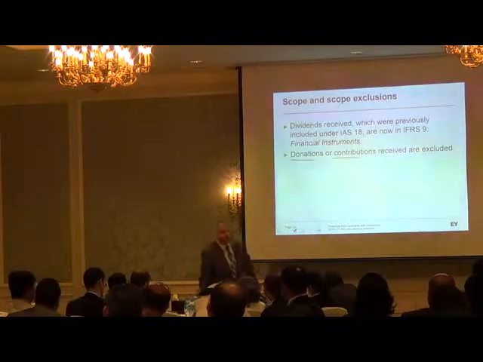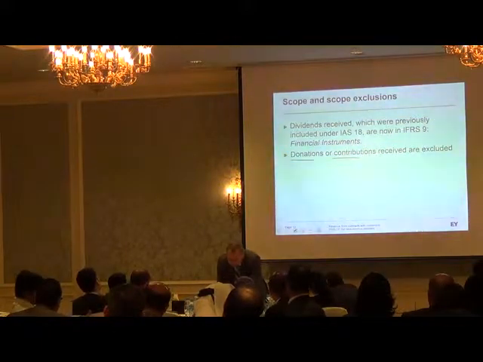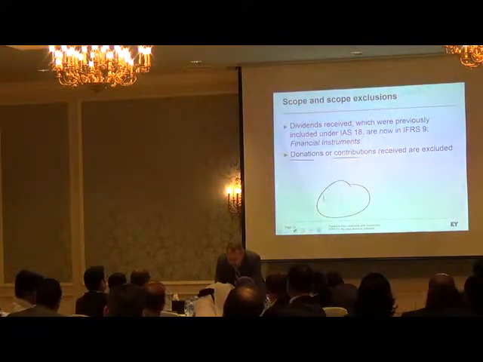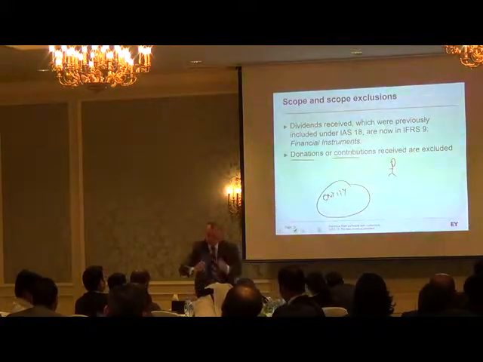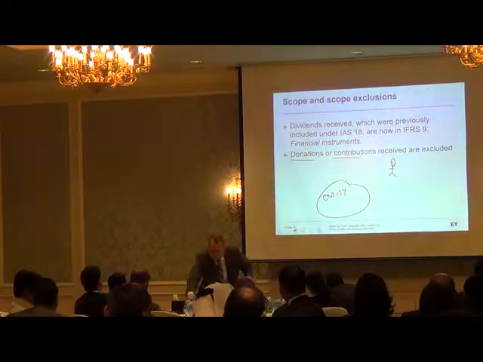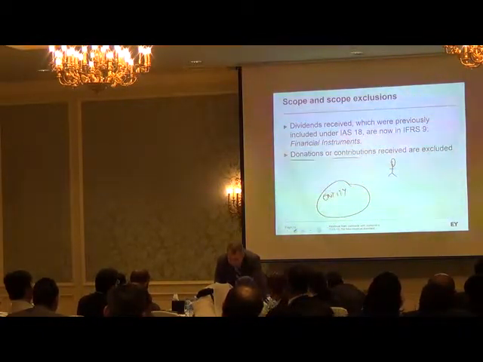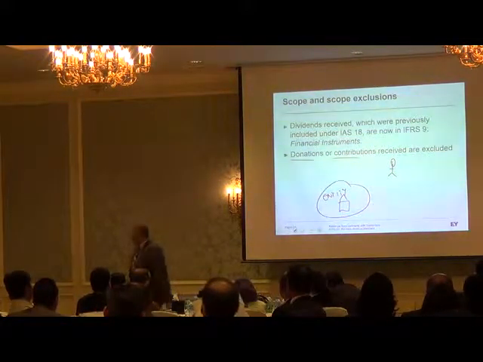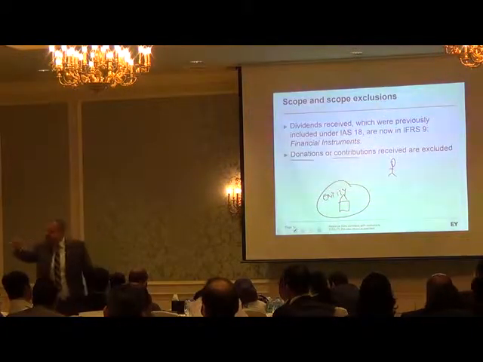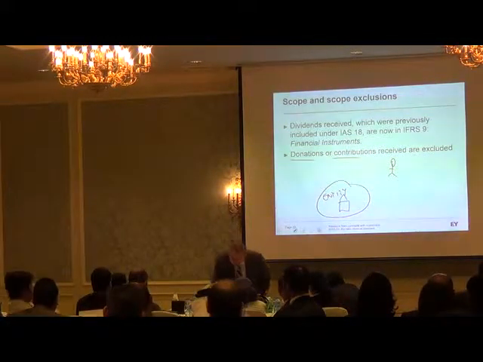Let me give you an example, okay? Because this example will explain what we mean by that. This is the entity. This is the owner, a private person, to be easy. The entity has a building, right? And the building's value, 10. Let's assume that this is very close to the fair value, okay? So this is not the trick.